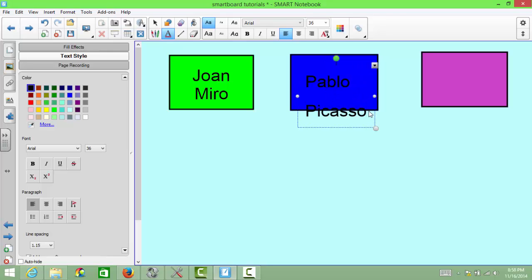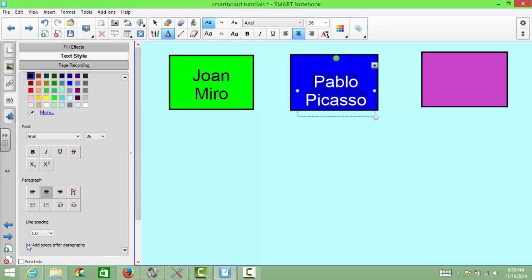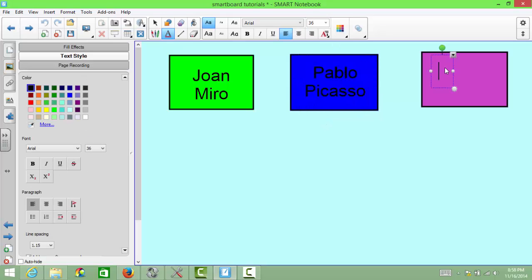One thing I've noticed while I've been making this is if you press a space before you press enter, which I don't really know why I tend to do that, but I do, then it offsets your centering. So just make sure that you don't add any spaces. Alright, and then we're going to center that. And then I'll just do one more for